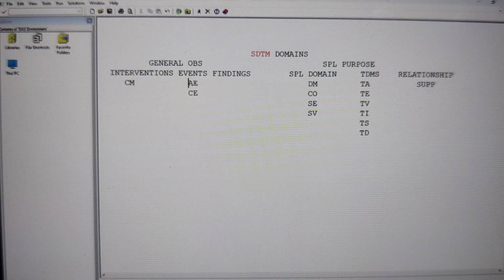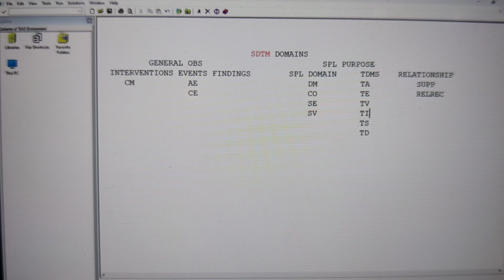So for example, a subject has got an adverse event. From that adverse event, he started taking some concomitant medication, and we should show the relationship between that adverse event and concomitant medication. To show the relationship, in future, we are going to create a data set called REL-REC, and this is called relational records. Okay, now this supplementary and REL-REC data set both are going to come into relationship domains.